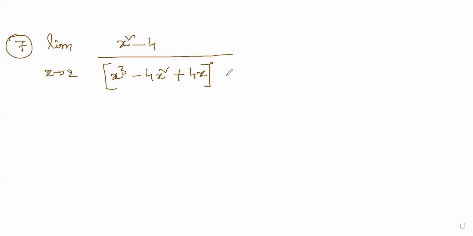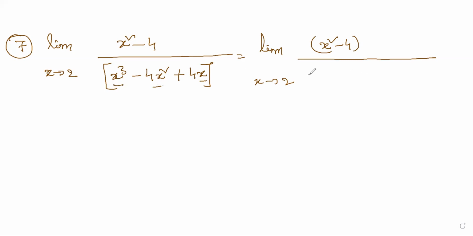So what I had to do, somehow I had to factorize. Limit x tends to 2, x square minus 4, let us keep it as it is. And here in the denominator, for all the three terms, x is a factor which we can take as common. So it is left with x square minus 4x plus 4. Okay, ma? Now, slowly.